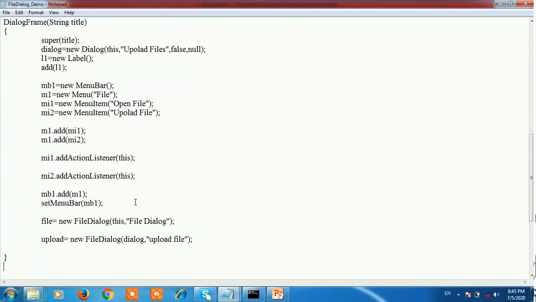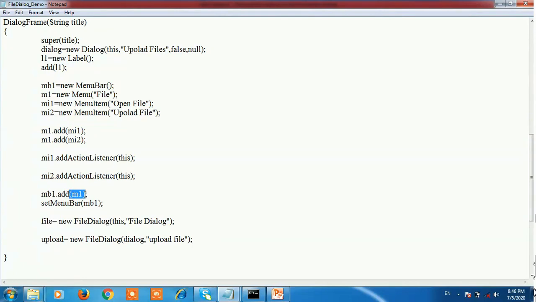After that, here we use the add action listener, meaning when you click on Open File or Upload File, a particular action is performed. MI1.addActionListener(this), MI2.addActionListener(this). After that, MB1.add(M1), meaning the main menu is added into the menu bar.